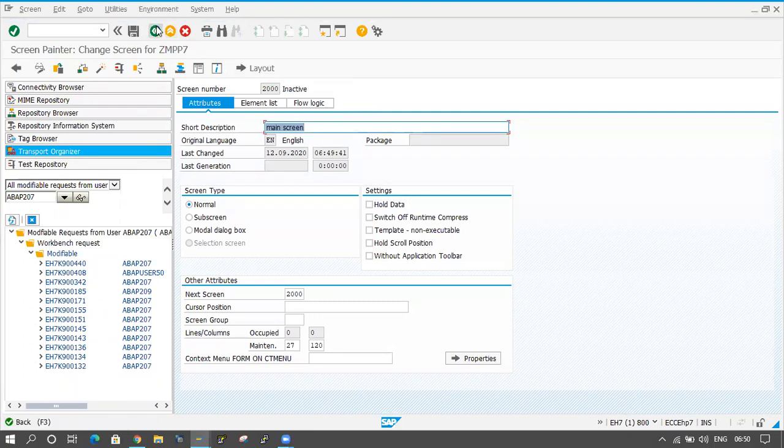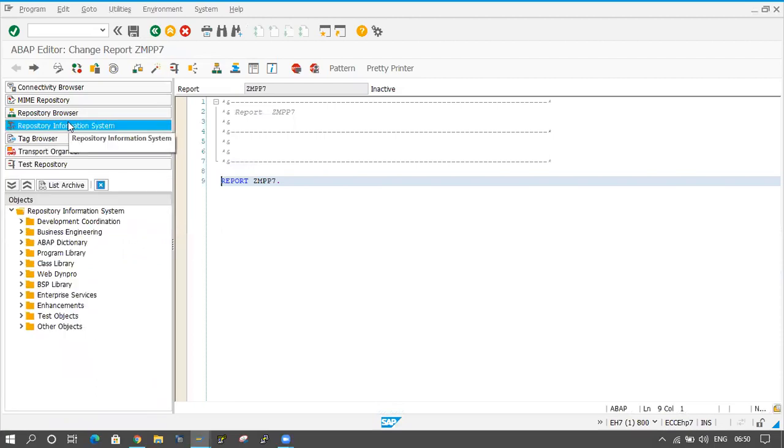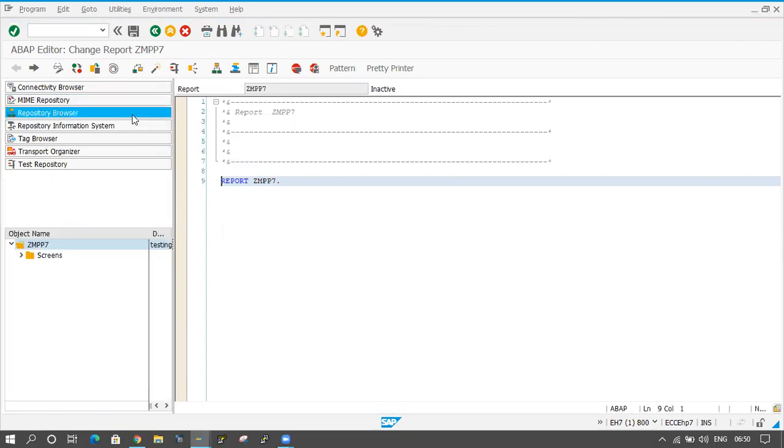Click on back button. Fine. Screen number is coming here, 2000.